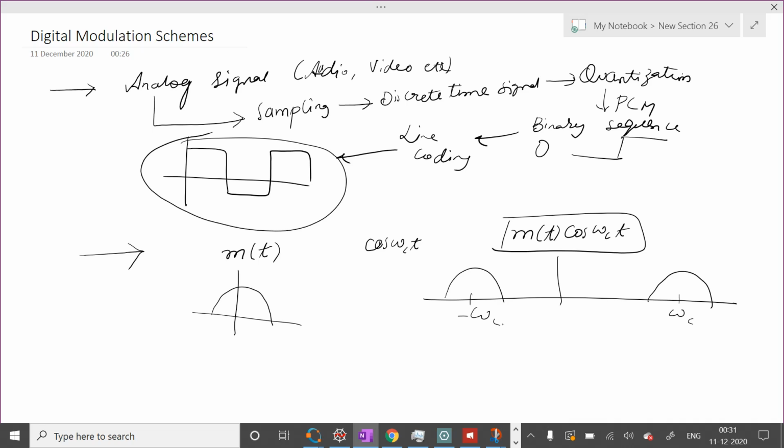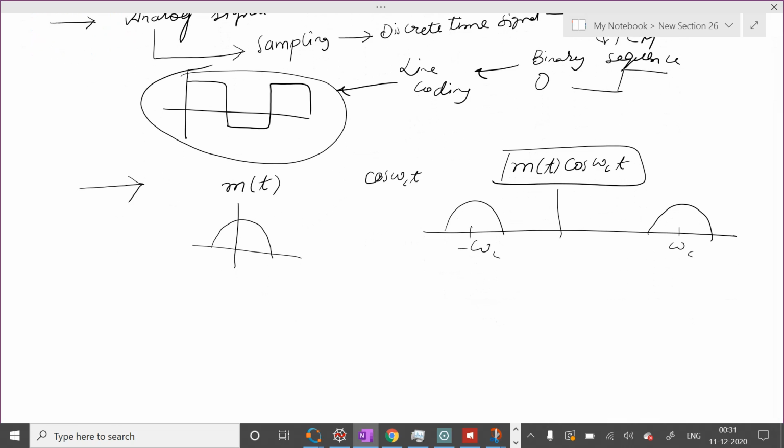I warn at this point that if you still don't know this, then no one can help you at this point. Okay, this much you must have revised till now, even if you don't know this concept. It is simple DSBSC, basic AM modulation. Anyways,